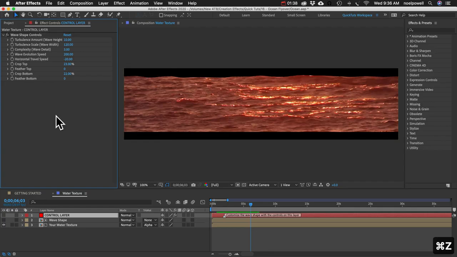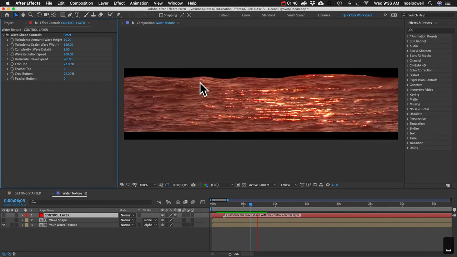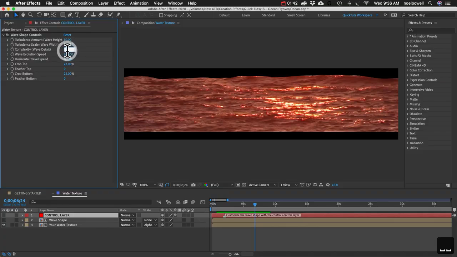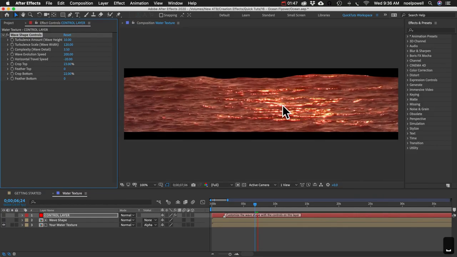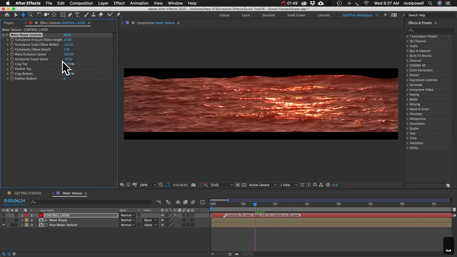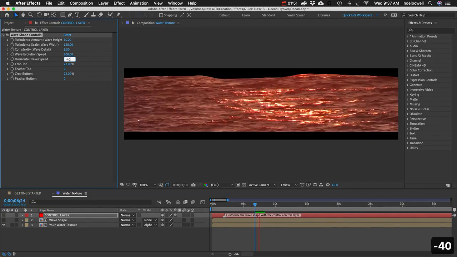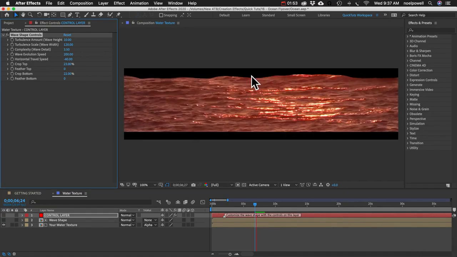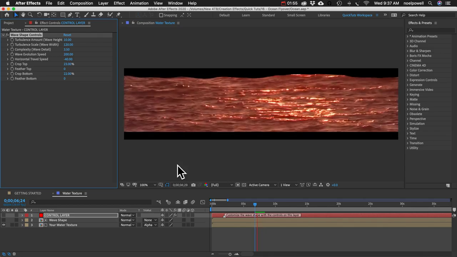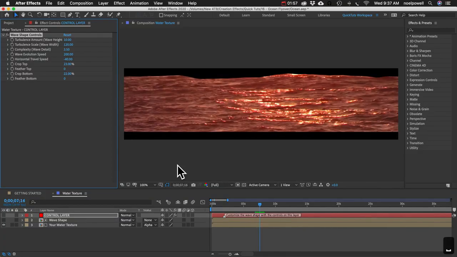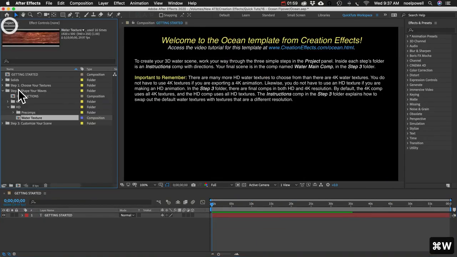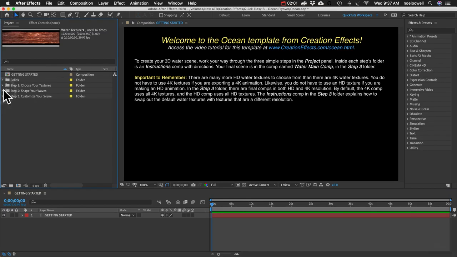I don't think we even need to do this. Maybe add a little more complexity, and I think our water is moving to the left. Let's do -40. That'll make the shape move to the left with the water. Good enough. We'll close that, and moving on, we'll go to step 3, and again we'll open the HD folder